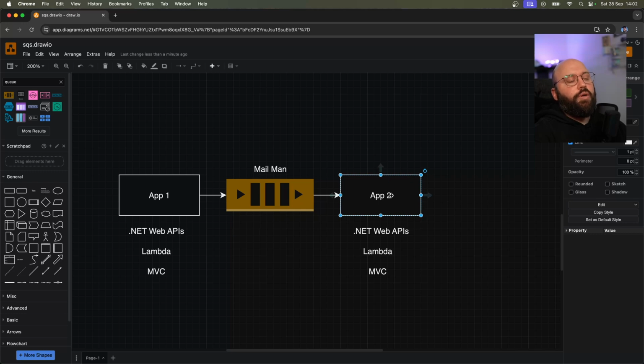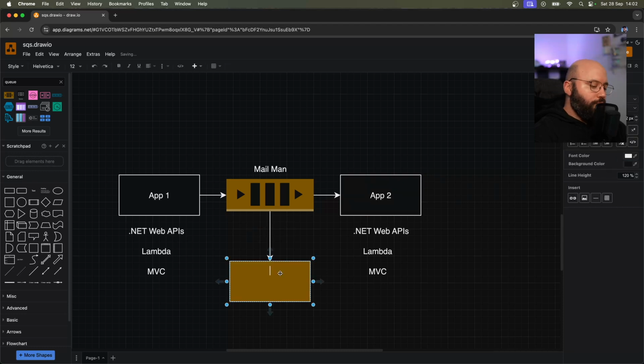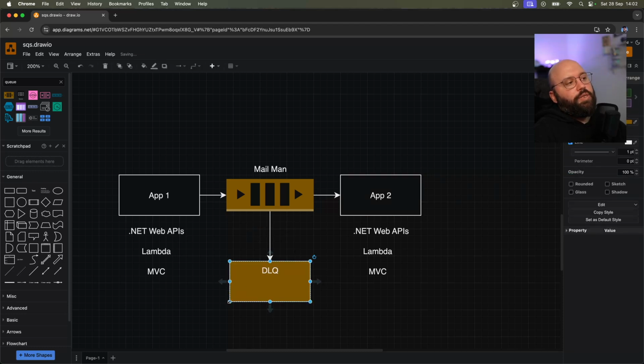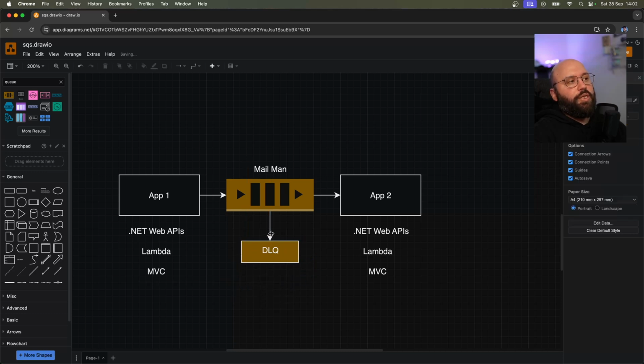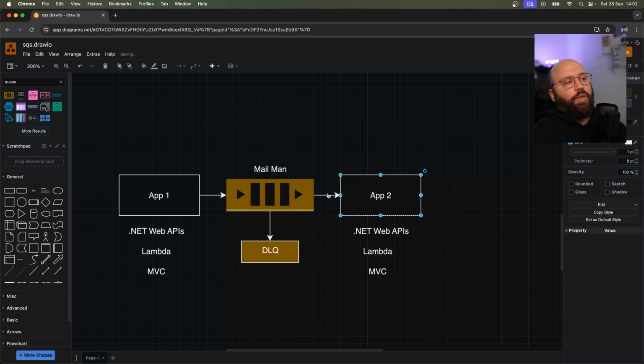If it doesn't work, what it can do is put it into a box called dead letters. The dead letter queue is basically all of the messages that the app 2 function will not be able to process. And this will allow us to have an overview of all of the failed attempts. Even the messages inside the DL queue, we can run them again and try to send them again, but that's a different story. But here we can see that we have eliminated the need for app 1 to handle